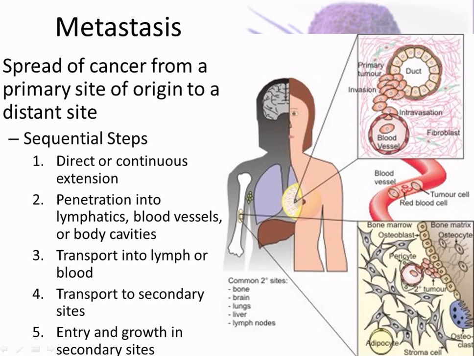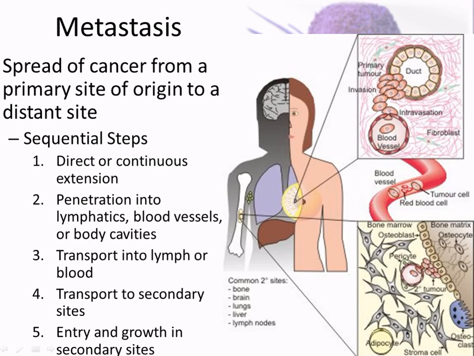So when you look at the movement and spread of cancer from the primary site of origin to distant sites, there's actually a sequence to it. The first thing is that it has direct extension. The little cancer cells start reaching themselves out and pulling. Right now, it's kind of stuck in its area. They're trying to pull free. Soon it's going to release enzymes that break it free, and we'll talk about that. And then it penetrates into the lymphatics or the blood vessels, and then it can go where? Anywhere at once, exactly. It just transports all over the place.